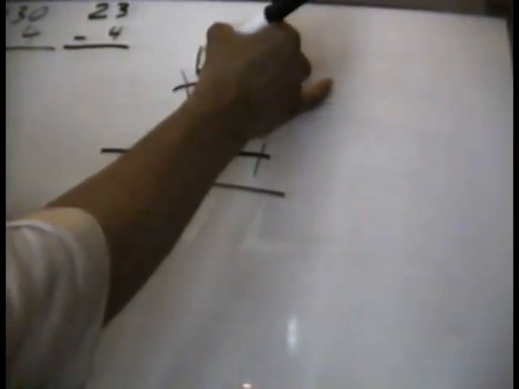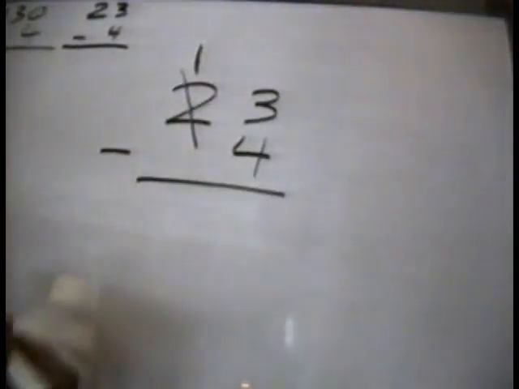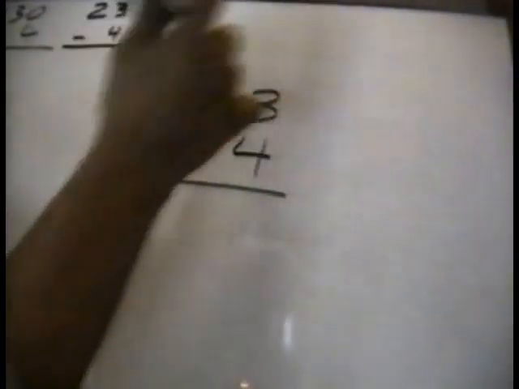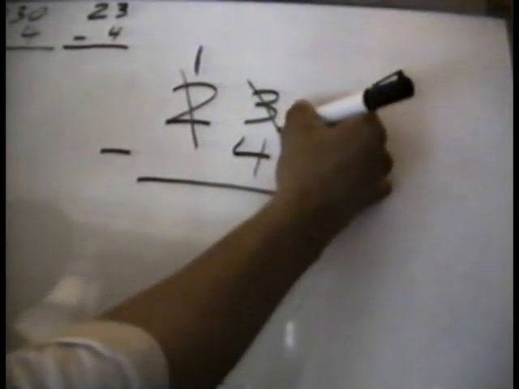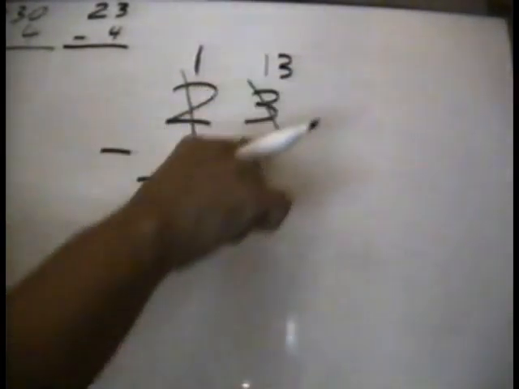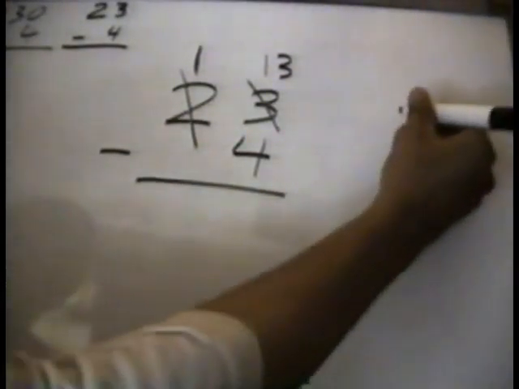Now you immediately place above that number a number that's one less, because we're taking 1 away from 2, and we're placing that next to 3 to make that 13. Okay, so now what we have here is 13